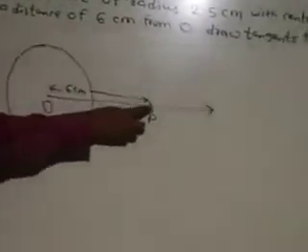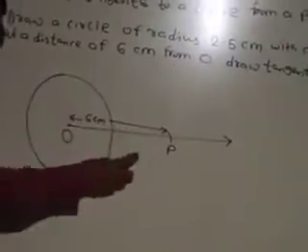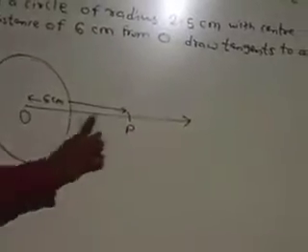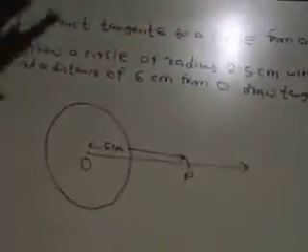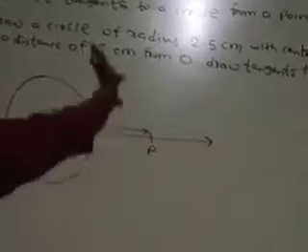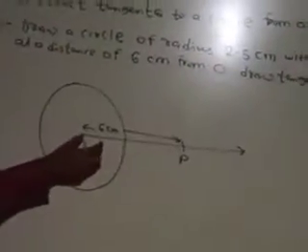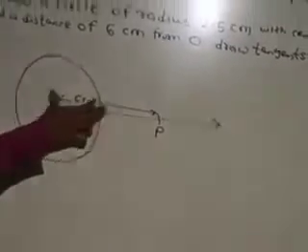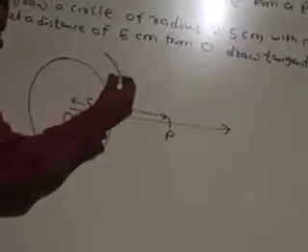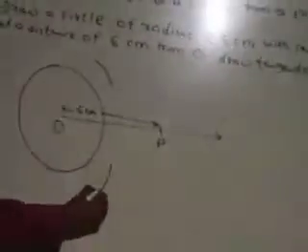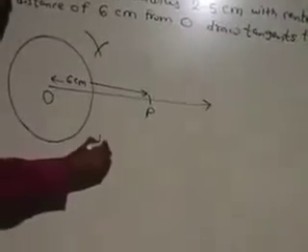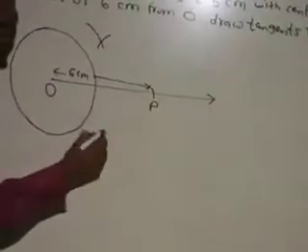Then from this P we have to draw two tangents to the circle. So draw the perpendicular bisector of OP, the construction from 9th standard. That gives the midpoint of OP. Compass on O, take a distance more than half of OP, make one arc on the upper side and one on the lower side. From P, intersect it. From those two intersection points, draw the line.